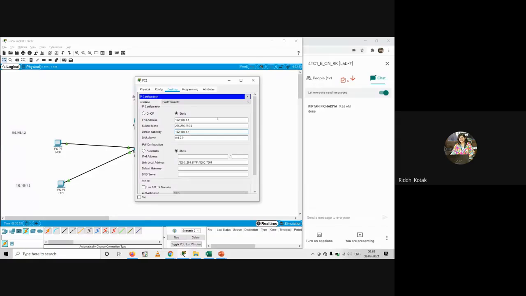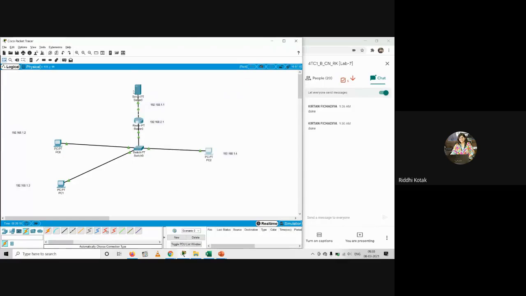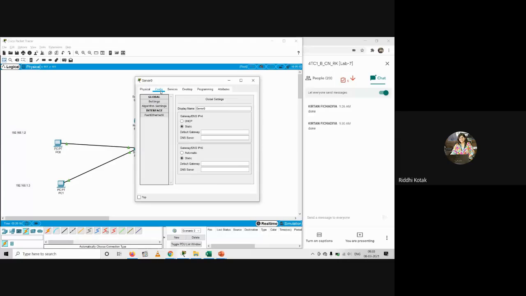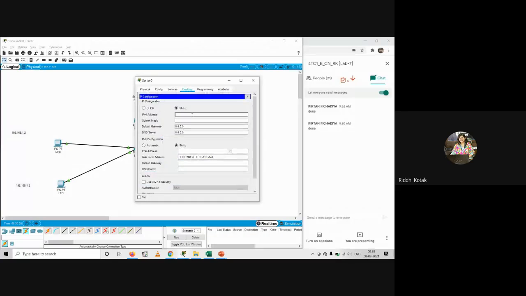Fourth, email server. Okay. So now just close this window. Come to the server. In the server, go to config. No, go to desktop IP configuration. For the server, we will assign